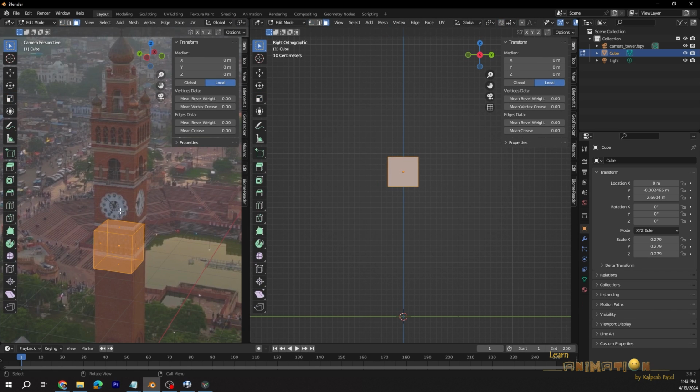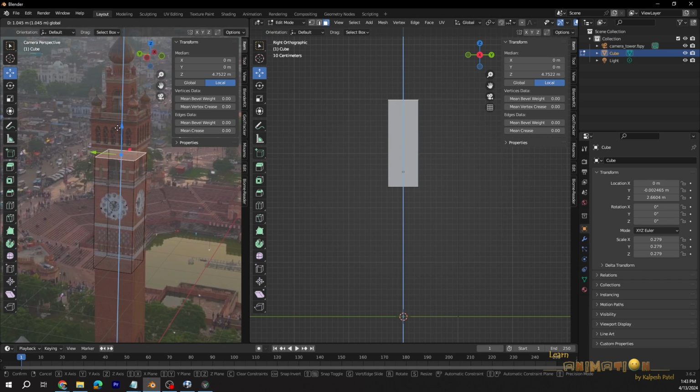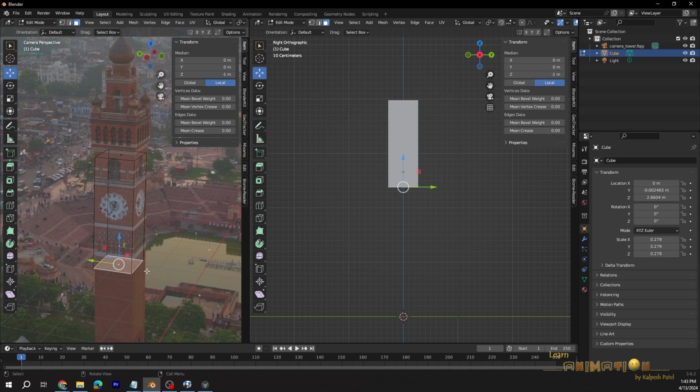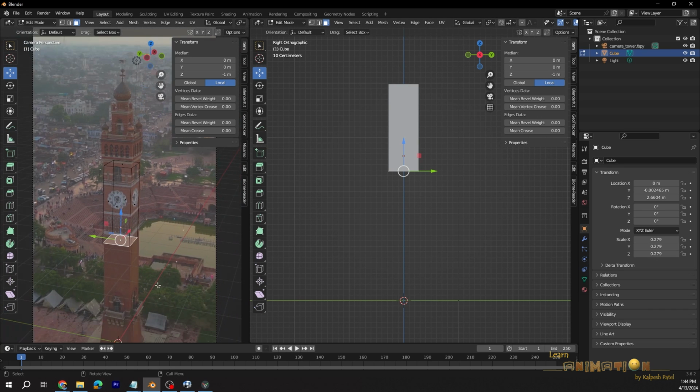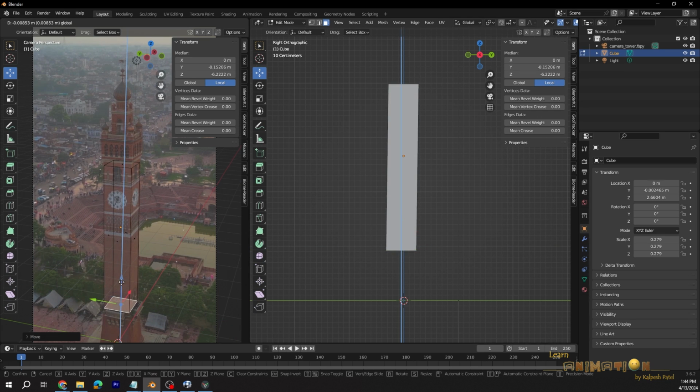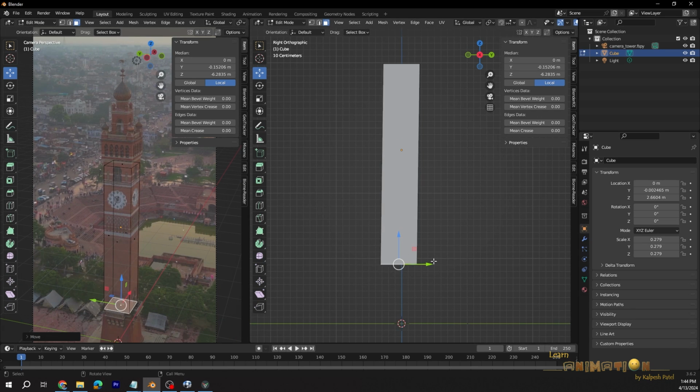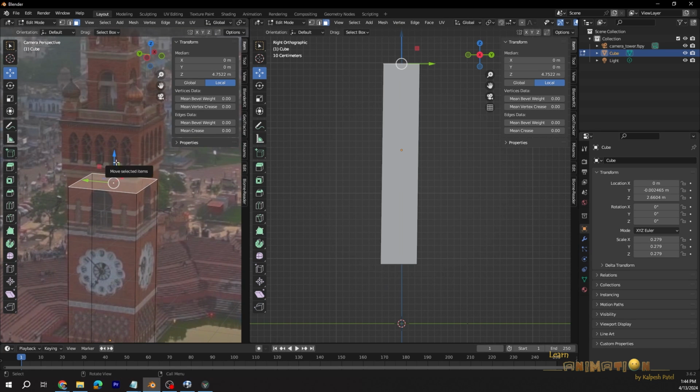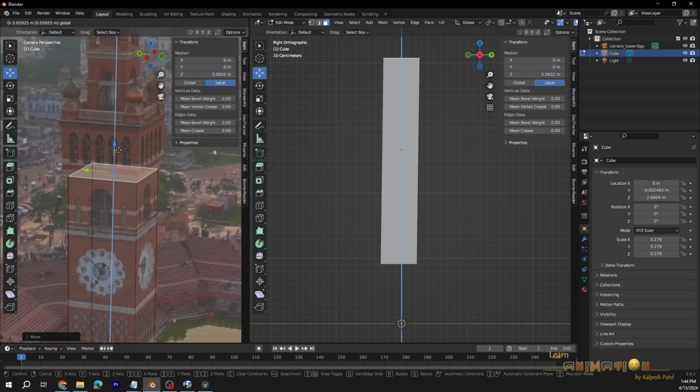If you know modeling very well, then you can straight away model the tower. Why do we have to model the tower? Just because if we don't have any geometry in the scene, then we are not able to generate the effects on that. To generate the effects on it, we have to model the tower perfectly. And after modeling the tower, we need to track the camera. That's why we have to model the tower. So I'll show you roughly how we can model the tower. I'm not going to model the whole tower here.